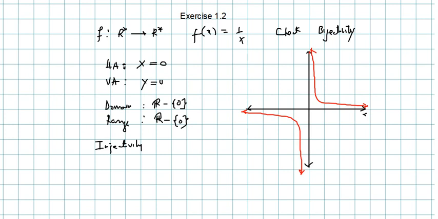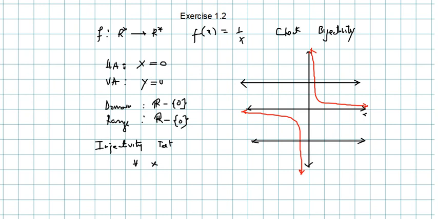To check the injectivity, what do we do? We should take a horizontal line, and you can clearly see that for every value of x, there is a unique y. Hence, this is one-one. You can write the injectivity test like this: if I draw a horizontal line on the graph, both up and down, I can clearly see that